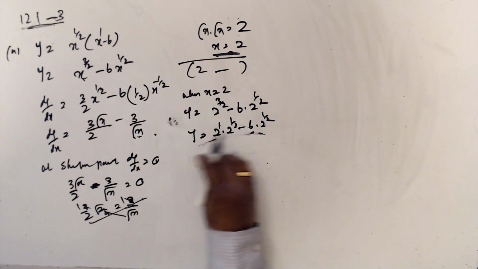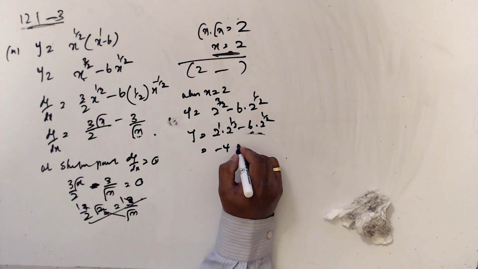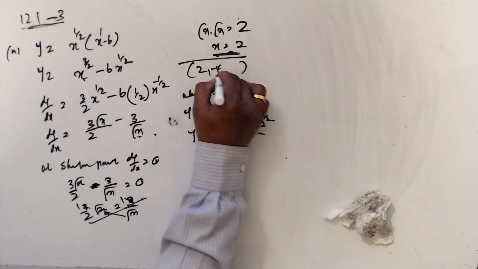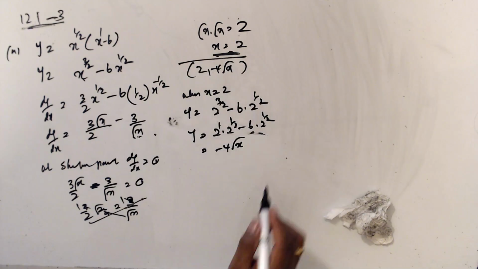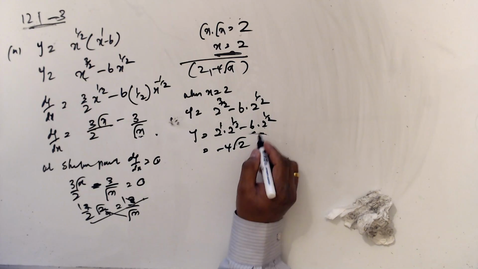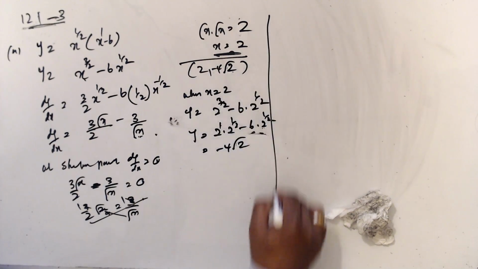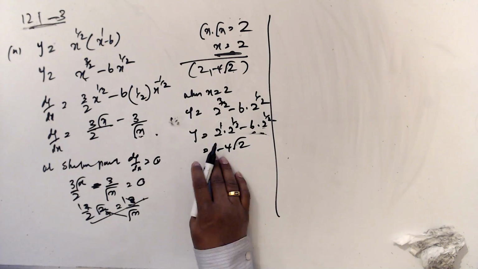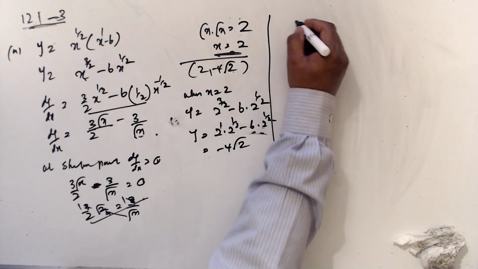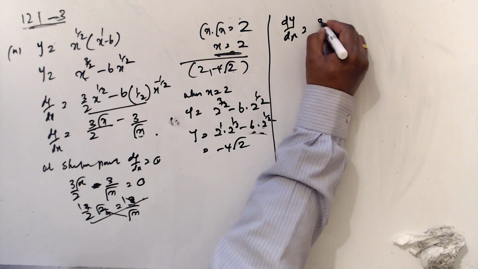4a. Likewise, this is going to be minus 4 times square root x. I will tell. So this is minus 4 times square root x. This is not x actually, this is 2. So this is 2. Now we'll take the double differentiation from here. dy over dx equals 3 over 2